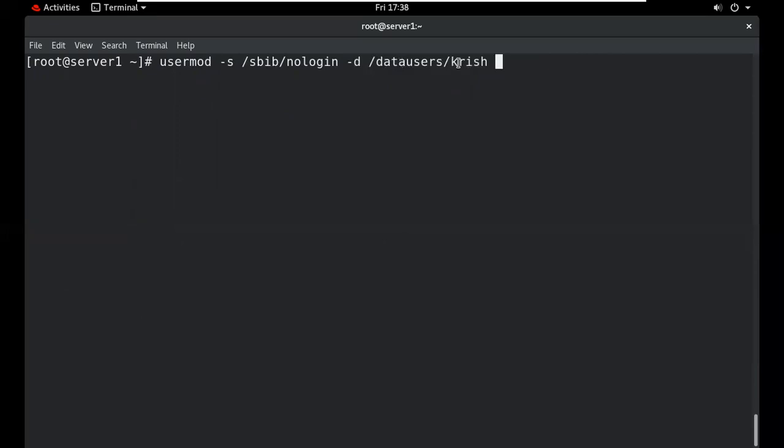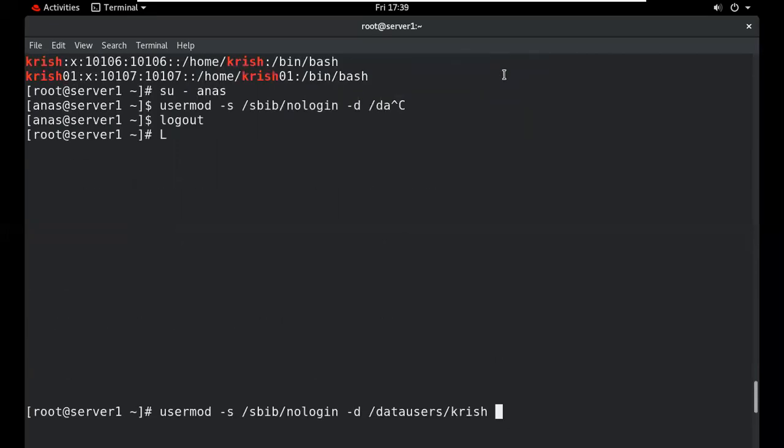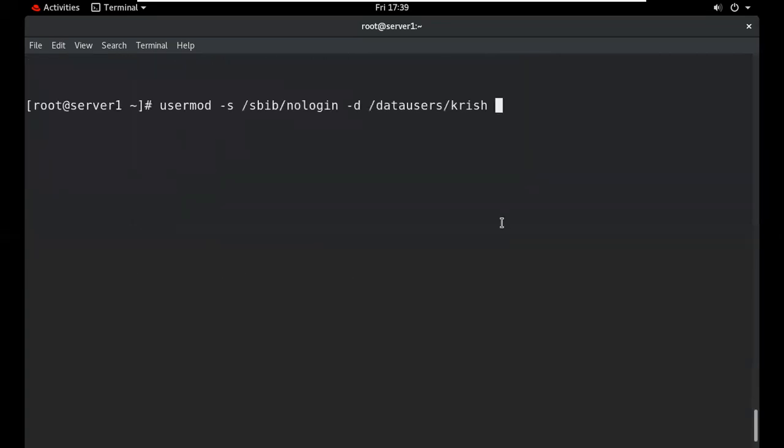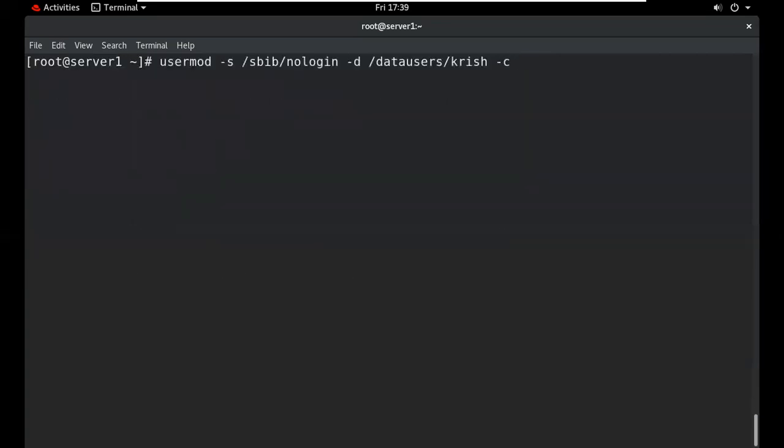This is my home directory and we want to change it, and we also change the comment field. So apply the -c option, then type the comment field, network admin. So this is the admin.